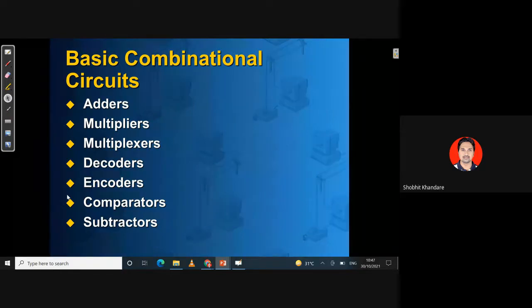Now see the last example, that is subtractor. Subtractor means if you want to subtract 2 numbers. So I should make one circuit which will give me the addition of 2 bit numbers, as well as a circuit which will give me the difference of 2 numbers. If it is a difference of 2 numbers, it is called a subtractor. If it is an addition of 2 numbers, it is called an adder. So we'll be starting with the first example, that is adder. You can write down in your notebook the first one, that is adder.